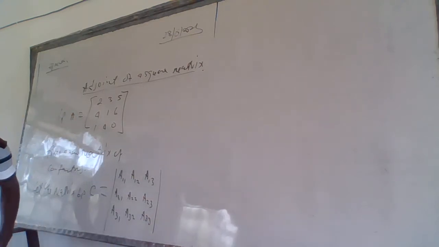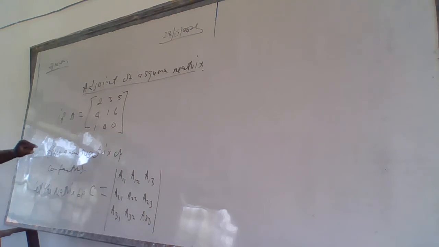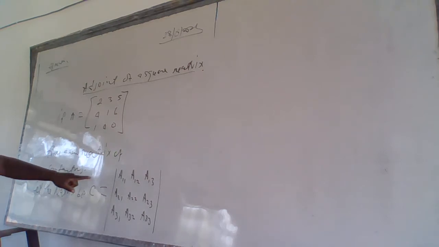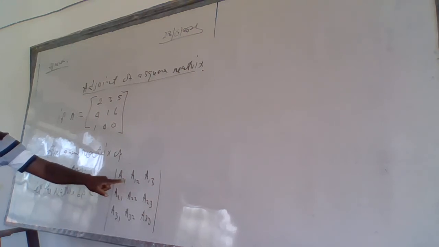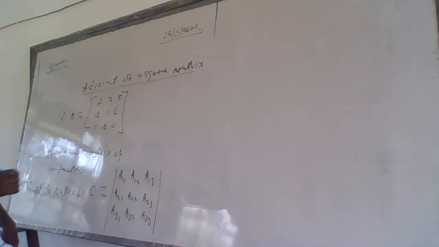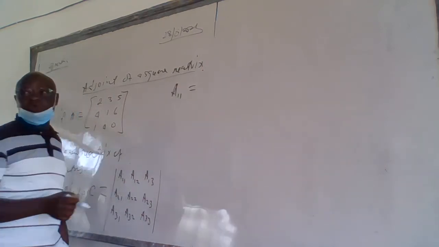So we are saying this is a matrix of cofactors from matrix A. So we want now to get these values, the value for A11, A12 like that. So we shall have A11 will be equal to,